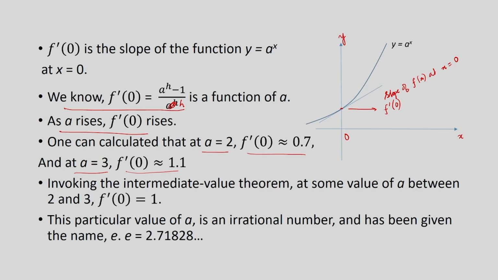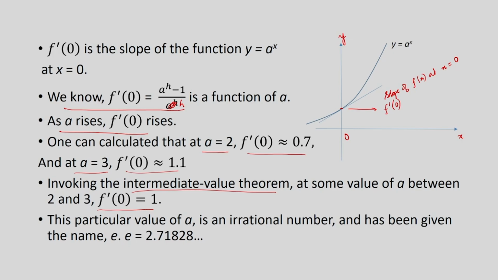Now, invoking the intermediate value theorem, at some value of a between 2 and 3, f dash of 0 will be equal to 1. And I have talked about the intermediate value theorem. f dash of 0 is a continuous function of a, right. As a goes on rising, we have seen that this f dash of 0 goes on rising. So, at some point between 2 and 3, it must be the case that f dash of 0 will be